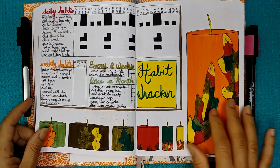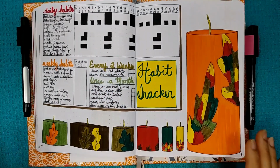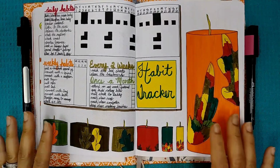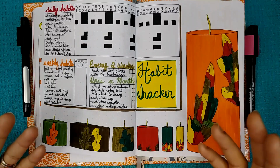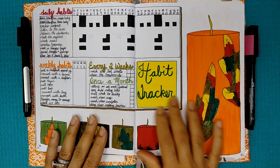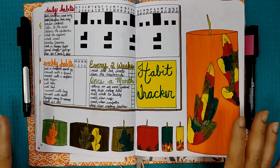And then this is the most of the decor that I'm doing, at least for now, except for when I get to the weekly pages. I'm going to decorate those as I see fit as the week progresses, but I'll show you that in a moment. I definitely reduced my habit tracker because I was tracking so much stuff,